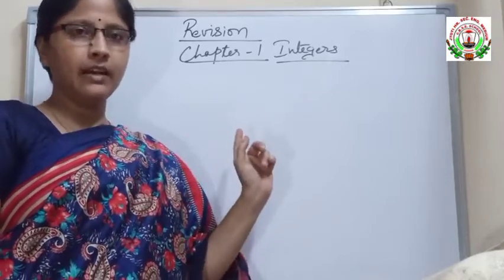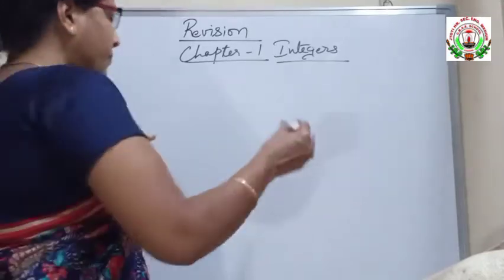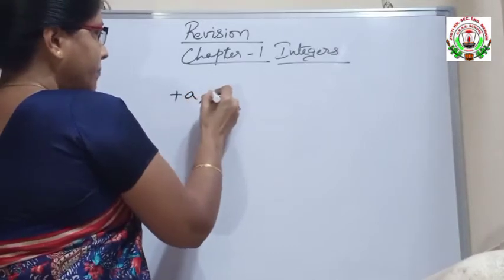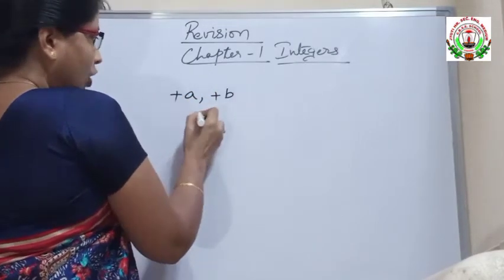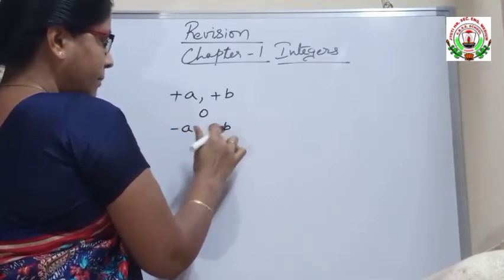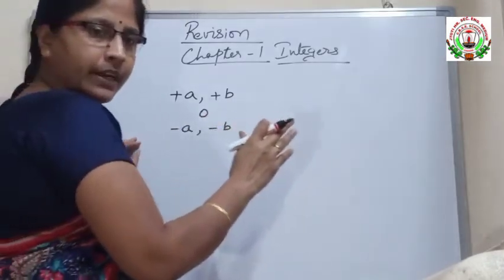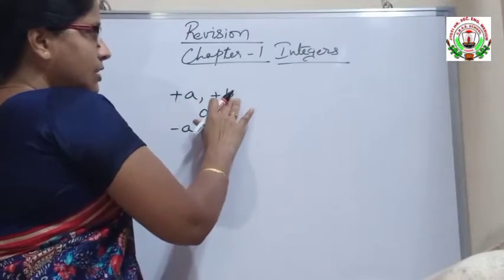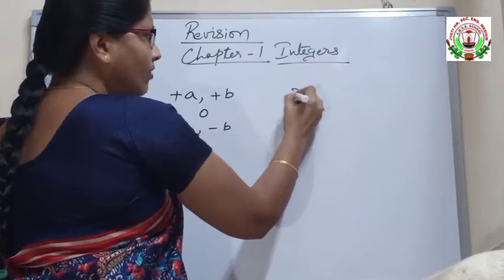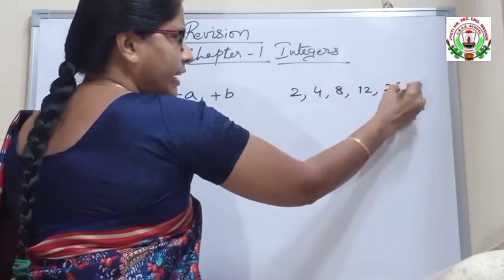See, integers are numbers where positive numbers are there and negative numbers are there along with 0. I am just writing for general numbers, positive numbers as A and B and so on, along with 0, negative numbers also, negative A and negative B also. I am not writing all of them because numbers are infinite. So these are the positive integers, where the numbers have a positive sign before them, like 2, 4, 8, 12 or 23 or any numbers